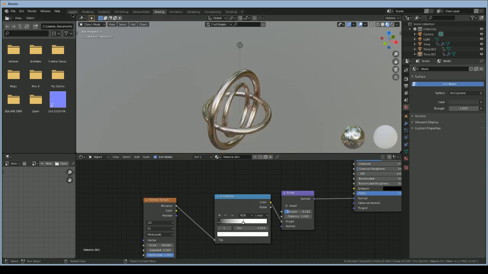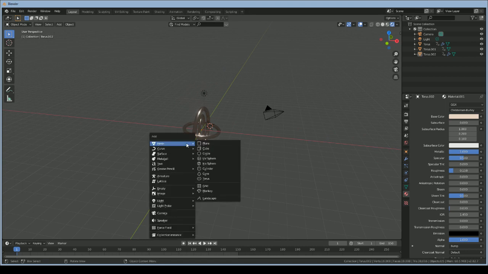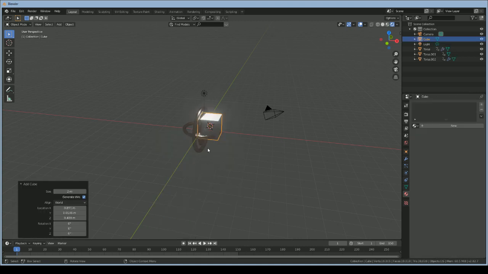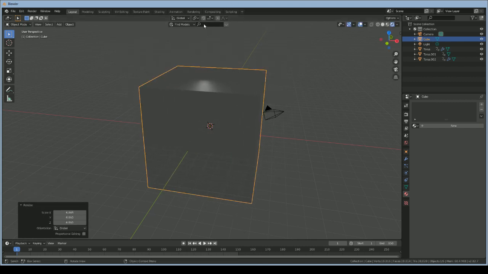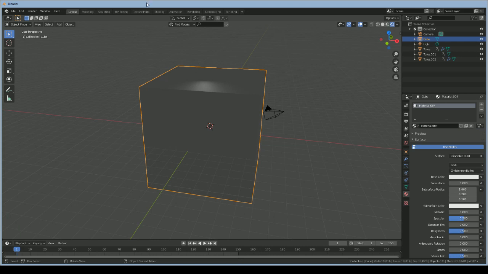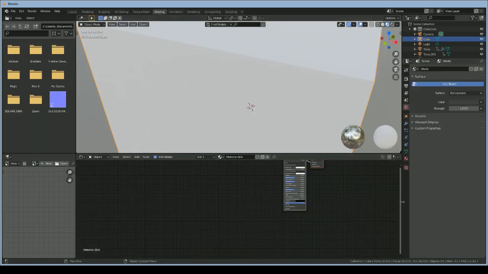So what we're gonna do is go back to our layout, and then we're just gonna hit Shift A, and add a cube, and then we're gonna want to scale that cube. So hit S on your keyboard, and then just scale it so it covers everything in your scene. And now it looks like it's covering it up. But now, first thing, add a texture to it, and then go back to shading so that you have it